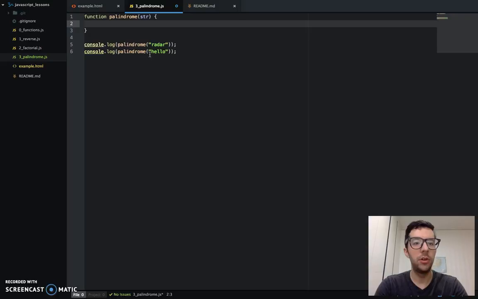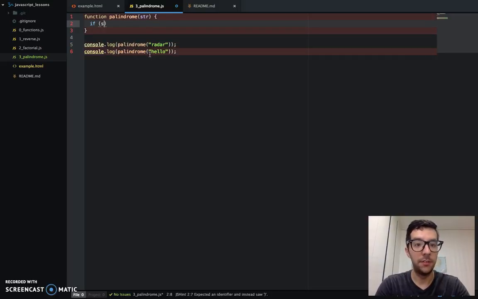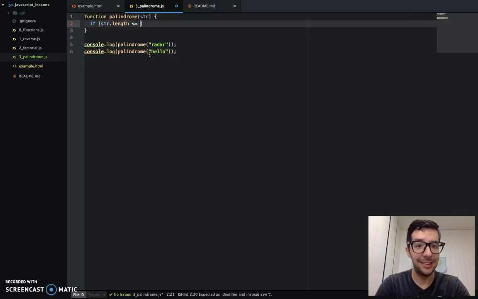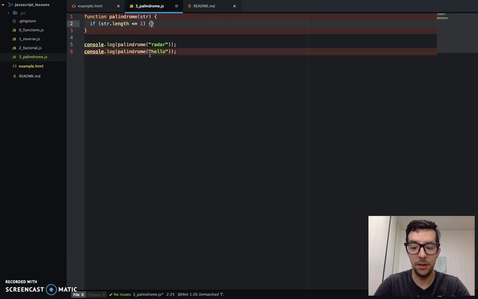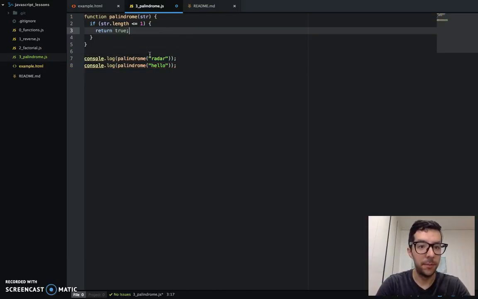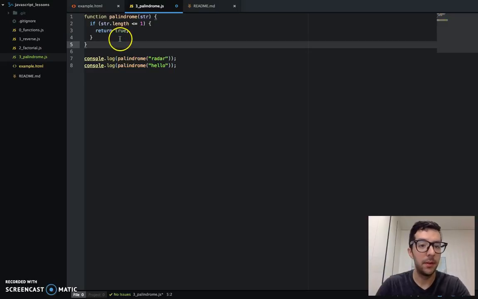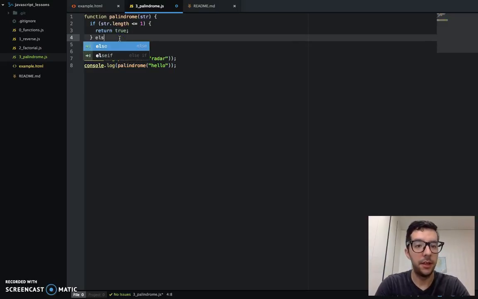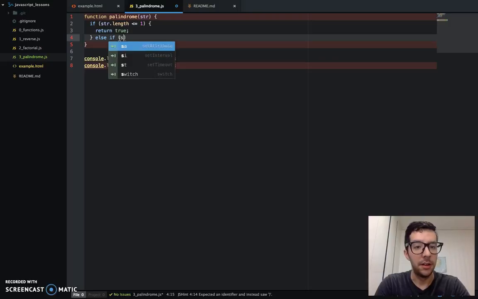Okay, a palindrome. All right, we need to set up a base case so our recursion doesn't create an infinite loop. So I'm going to say if the length of the string is less than or equal to 1, we're going to return true. Basically, if we're dealing with 1 letter or 0 characters, we'll just assume that it's a palindrome. Okay, and now I'm going to say else if, all right, string